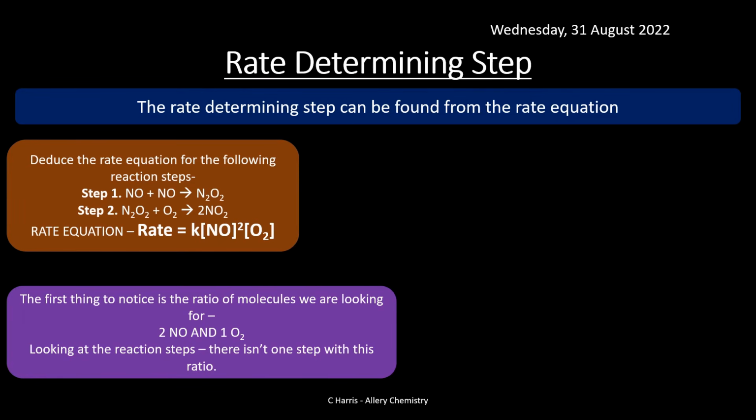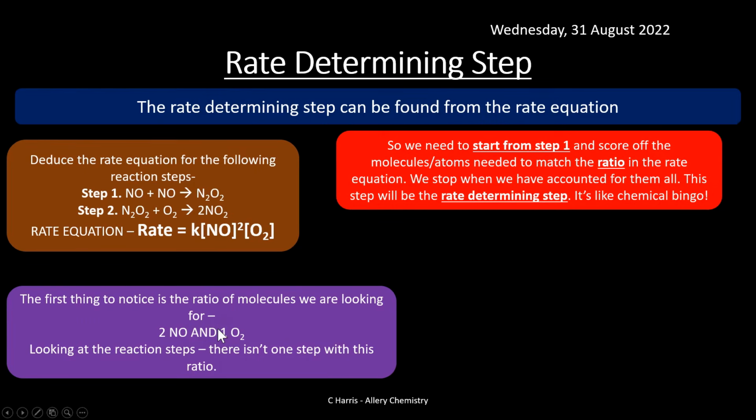It isn't about that. So remember, the rate determinant step must have at least one of these substances in here, but it's also the chemicals that make these as well. So we're going to start from step 1. When you're faced with this and there isn't any single reaction here, we're going to start from step 1. So this is what we're looking for. We're looking for 2 lots of NO and 1 O2. So we're going to start right at the top when you face this,